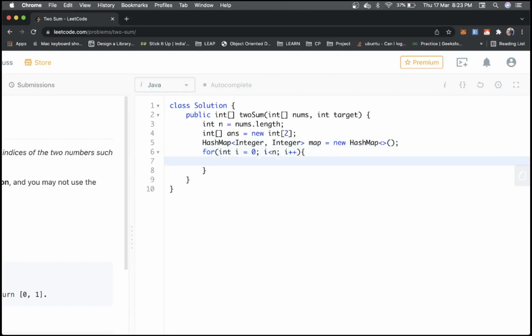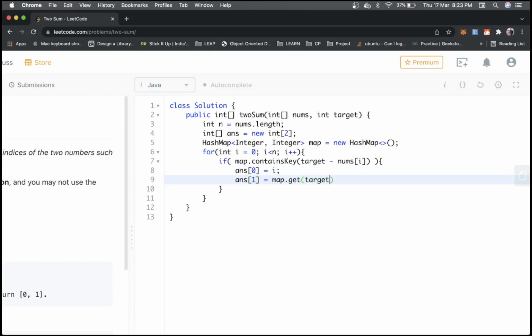Again we iterate through the array, right? And if our map contains target minus nums of i, right? If it contains it, we create our answer: answer of 0 is i, and answer of 1 is map dot get target minus nums of i, right?